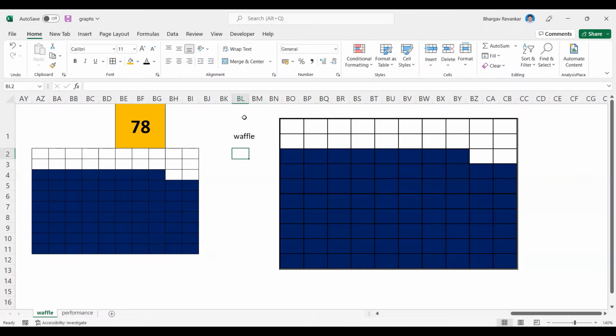Waffle chart. Use a Waffle chart wherever you feel applicable. Percentages can be shown here, or degrees can be shown, something like that. We can have that. Okay, second one,